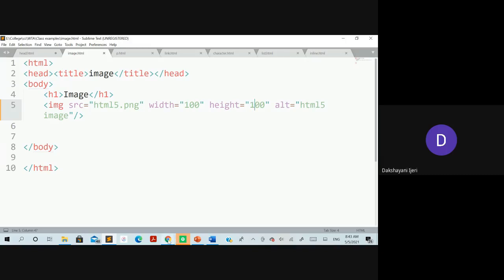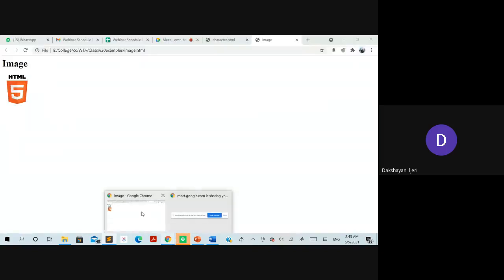Here I'm not able to show you how it is going to work, because it is perfectly working and the image is displayed over here, right? So if there is a problem in displaying this image, instead it is going to show this one.